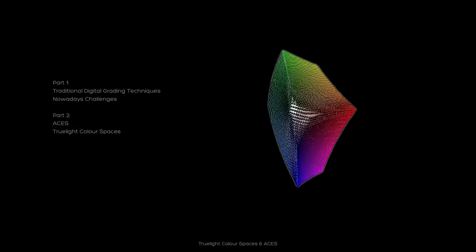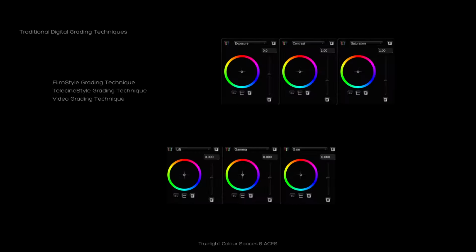We will go through traditional grading and color management workflows, and then we will point out challenges we are facing today and formulate requirements for digital image reproduction. Before we start with new technology, it is handy to keep in mind how we did color grading the last decades. These techniques were used to color correct feature films, commercials, and TV content shot on traditional film and early